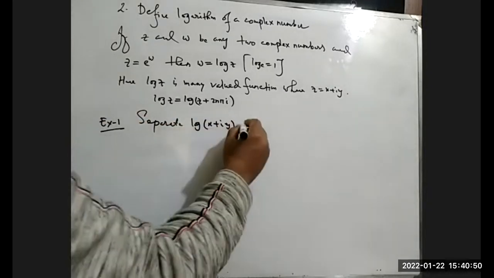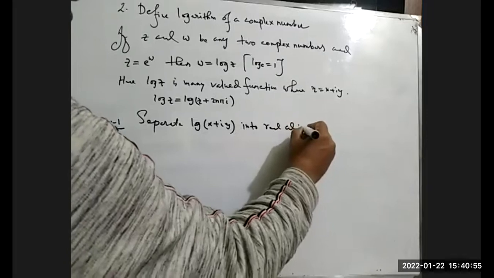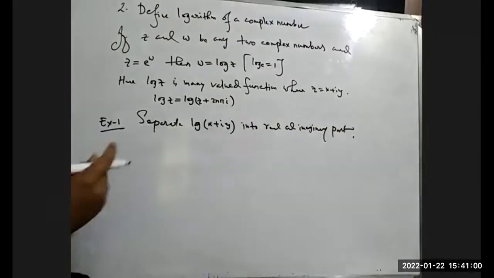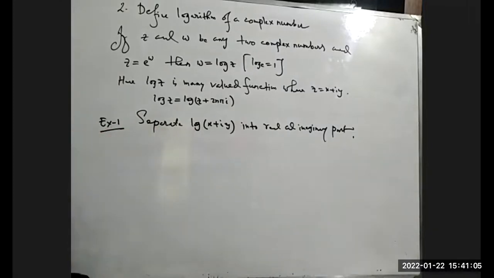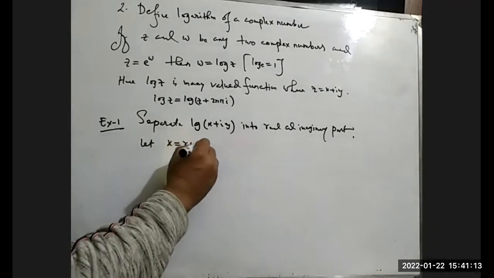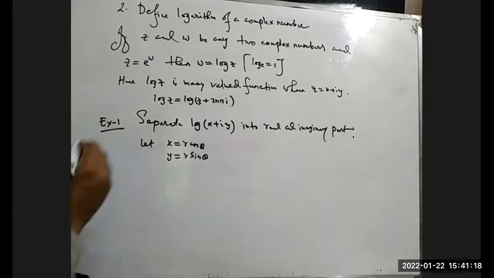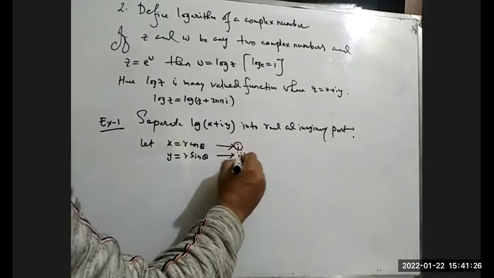into real and imaginary parts. How can we separate this into real and imaginary? We must know x equals r cos theta in the polar form of a complex number, and y equals r sin theta. If this is equation number 1 and this is equation number 2, now squaring